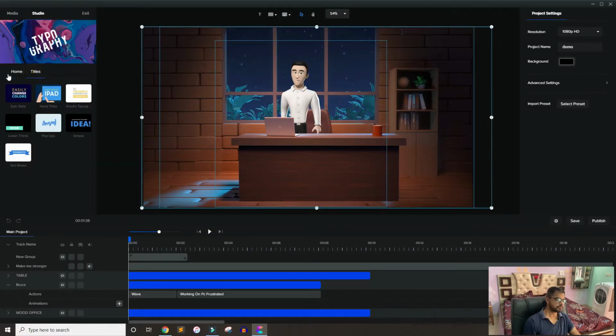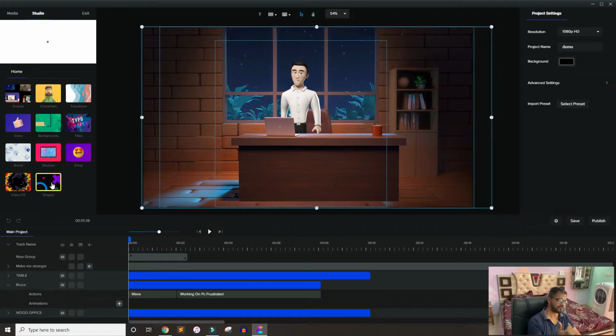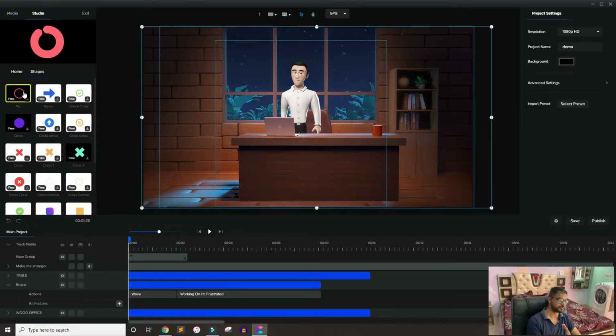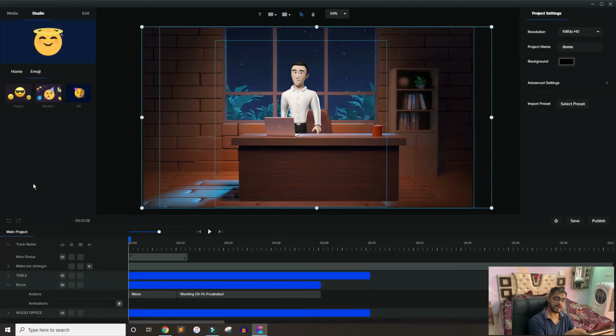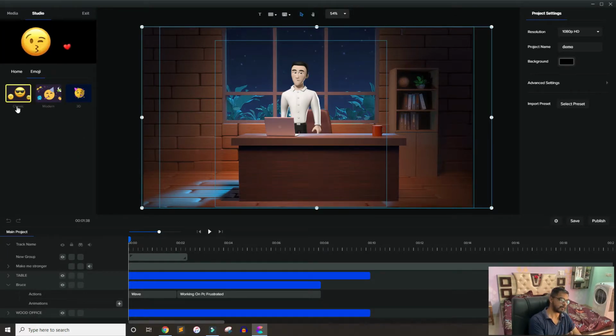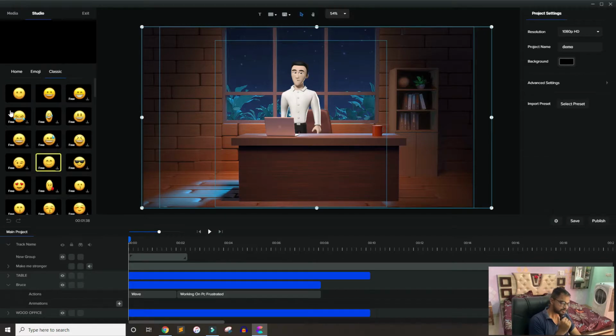The next thing, I mean, we can go on and on creating a video, but I just really want to tell you the whole features. We have shapes that also include some kind of animation. The one thing that I love, we have emojis. I mean, you can really make your video engaging. However, if you don't purchase the all access pass, you have access to only classic emoji, but I think these are good enough for creating amazing videos.